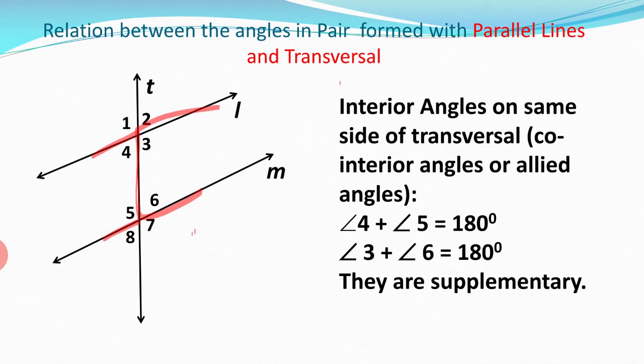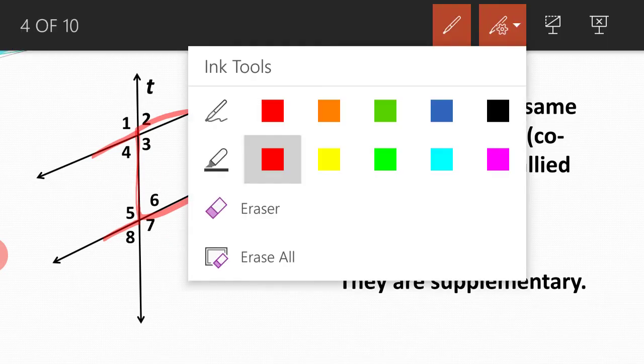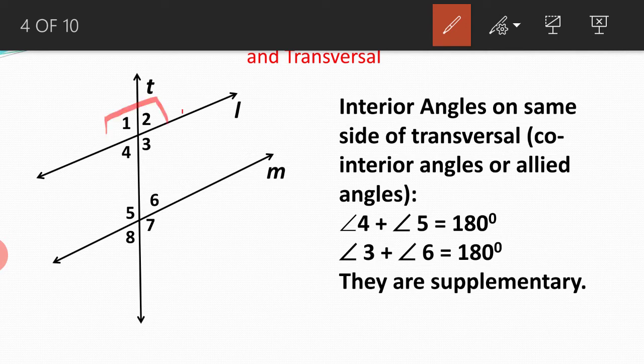The angles are formed if the lines are not parallel, but then they are not following these conditions. Apart from these angles, there are other angles also, like linear pairs 1, 2, 2, 3, 3, 4, 4, 1. They are always supplementary, and vertically opposite angles are always equal. All this basic knowledge is required to understand the types of quadrilateral. I hope you recall these concepts of parallel lines and transversal, corresponding angles, alternate interior angles, alternate exterior angles, and co-interior angles. Now let us go to the types of quadrilateral.